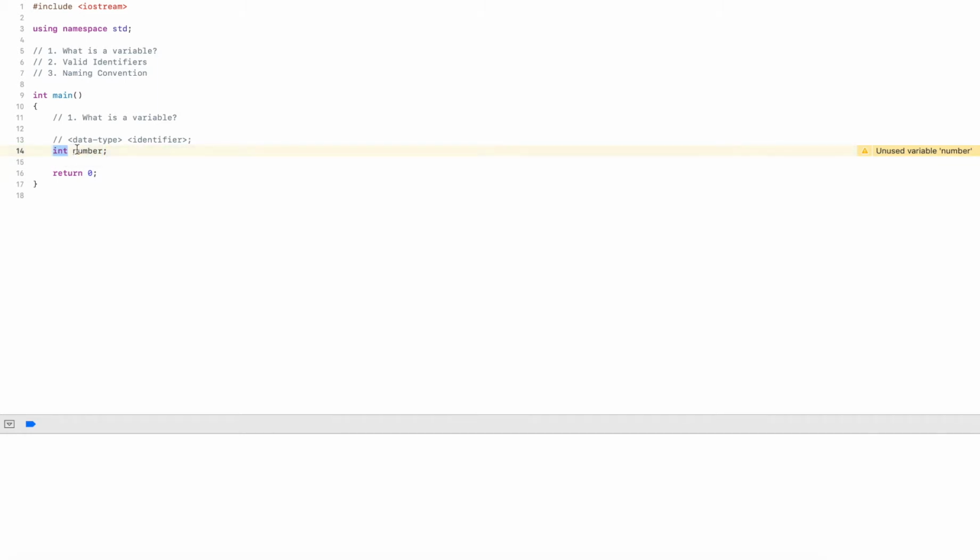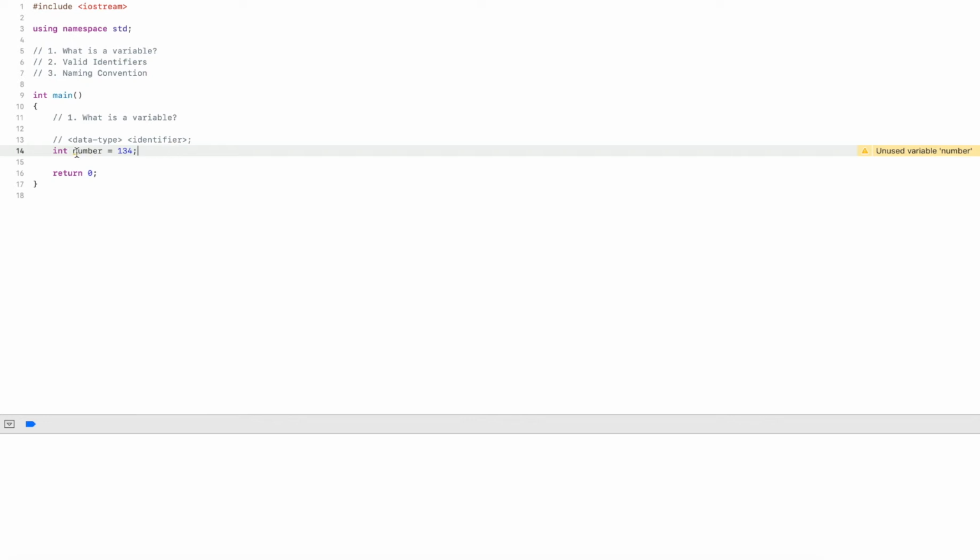So the data types, there are a bunch of primitive data types. I don't cover them in this video, but what you want to remember is we have a data type, we have the identifier, and we can optionally also assign a value. And assigning a value, like in this case 134, means we are storing this value in the memory location that we refer to as number. So this is placing a value into that variable.